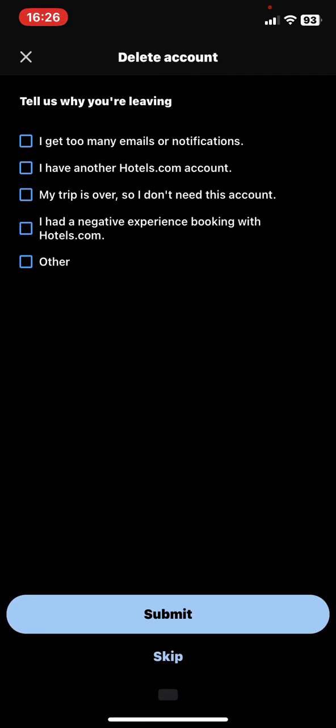and then you can leave feedback on why you decided to delete your account. So you can choose multiple ones actually, and then just click on the submit button,